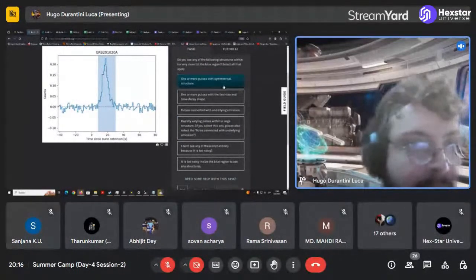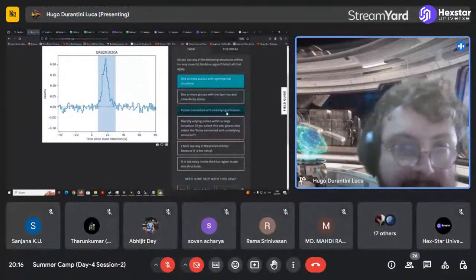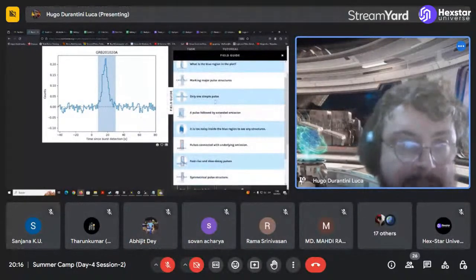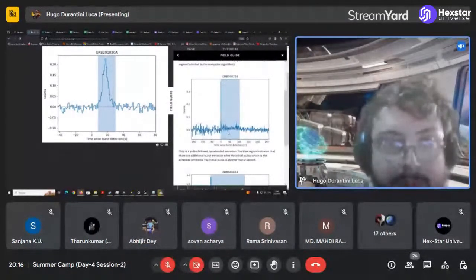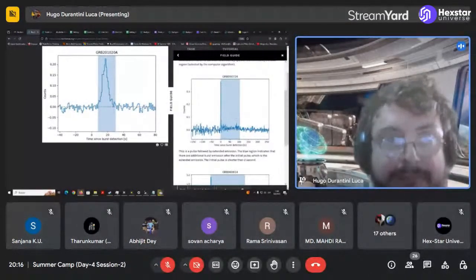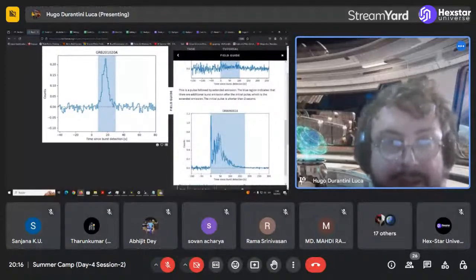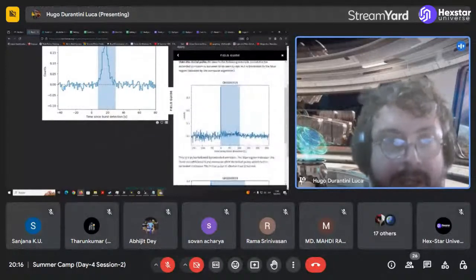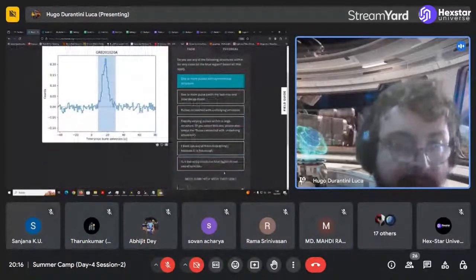Let me see one more. It's kind of a symmetrical structure. I don't see an extended emission. Extended emission is this type of pulse where you have a pulse with an emission that is marked by the computer in the blue region. It is a much more obvious example. So I think in this case it's just a symmetrical one.